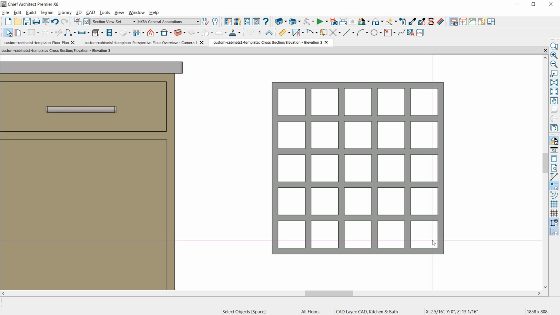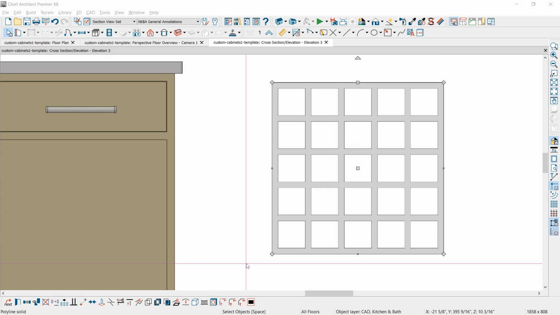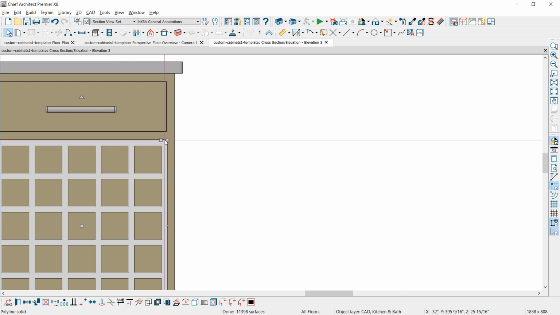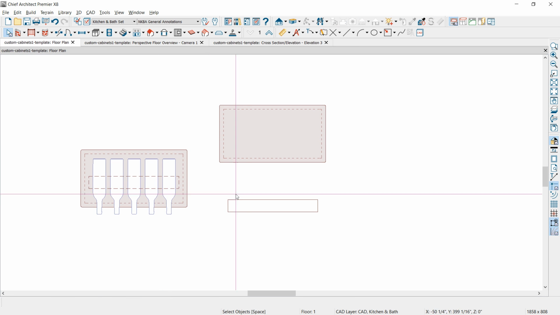Now that I have the basic cage for the wine rack, let's just position it into place. I'm going to use a tool called point-to-point move. You'll find this in your lower edit menu. Select the point-to-point move. Click on the point that I want to move and click where I want to move that. And now I'm actually going to return to the plan view so I can position it into place in